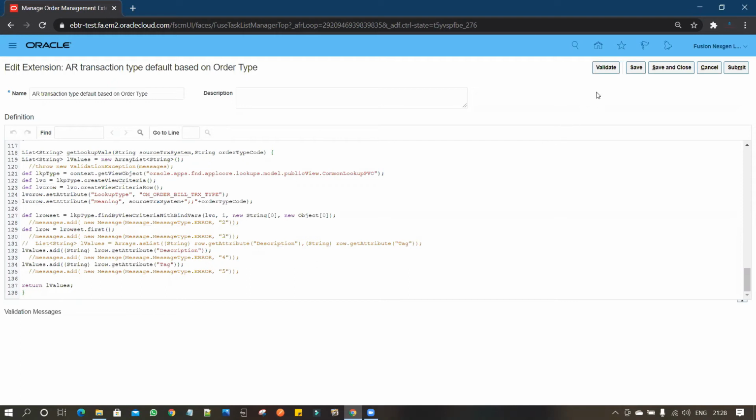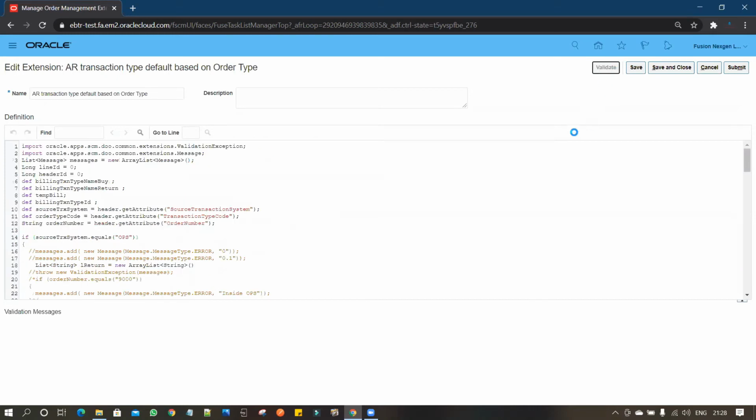To activate and utilize the extension, you always have to validate it. For this extension, you must know Java code and about the extensions, otherwise it's quite difficult to update and manage them. This functionality is given by Oracle: if the business wants custom attributes to be updated, you can utilize this extension.